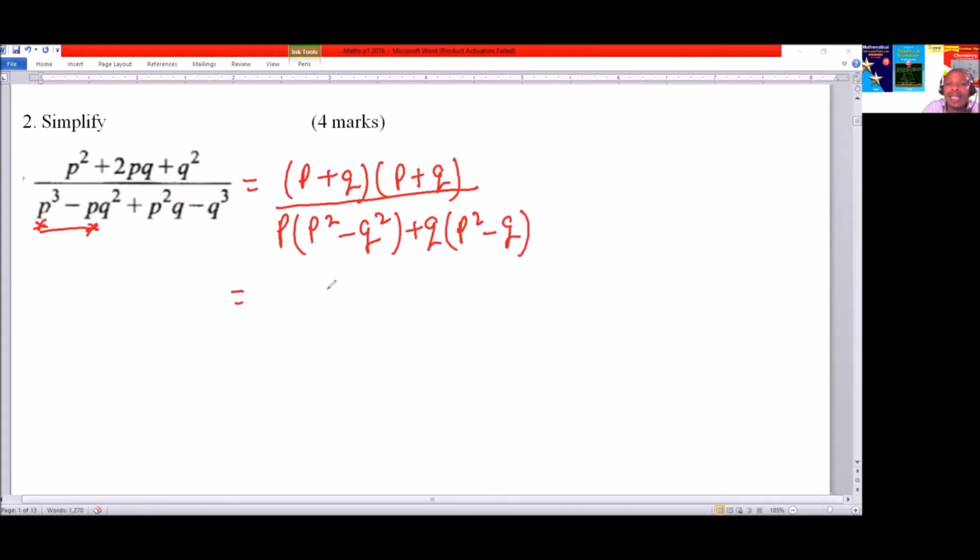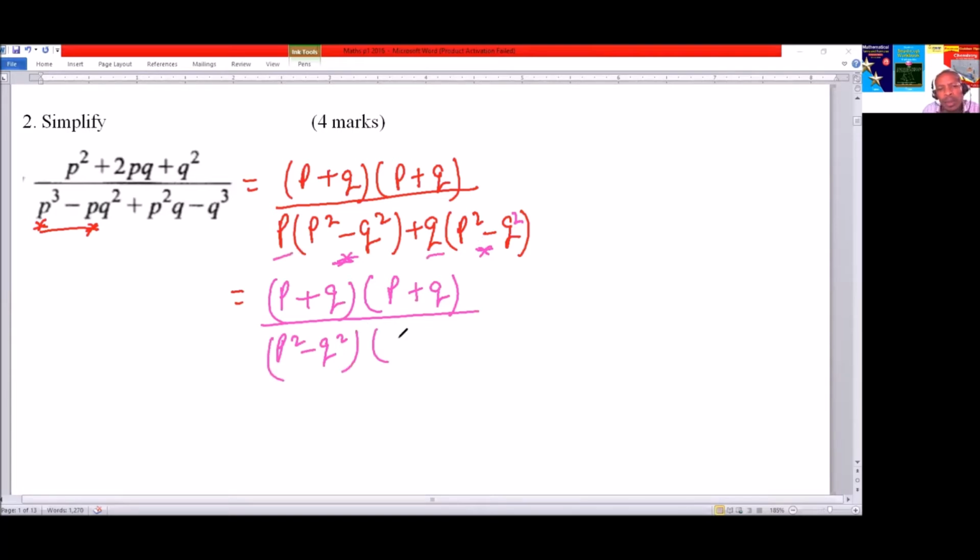So you find that this is common. So our numerator remains the same. That is x, that is p plus q. And this, you factor out this, it is common. So here we have squared. So we have p squared minus q squared. And we'll be left with p here and q here. So we have p plus q, which now we can divide by p plus q, and p plus q disappears. In the numerator, we are left with p plus q. Divide by,